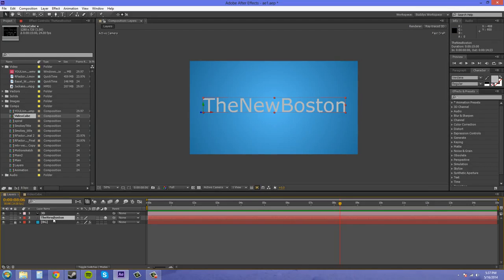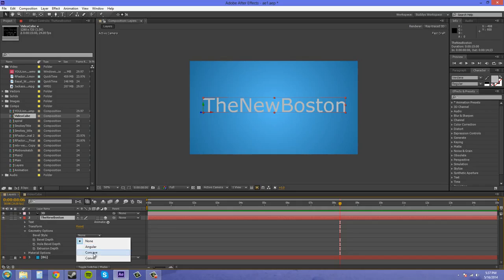We're going to go into our twirl down options here, and we have some new things like geometry options and material options. We're going to toggle down the geometry options, and we have 4 options here: bevel style, angular, concave, and convex. If I click on one of these, I'm going to put it on angular. And then we have the bevel depth, hole bevel depth, and extrusion depth. So the one to make it more 3D is this extrusion depth down here. So let's increase that,